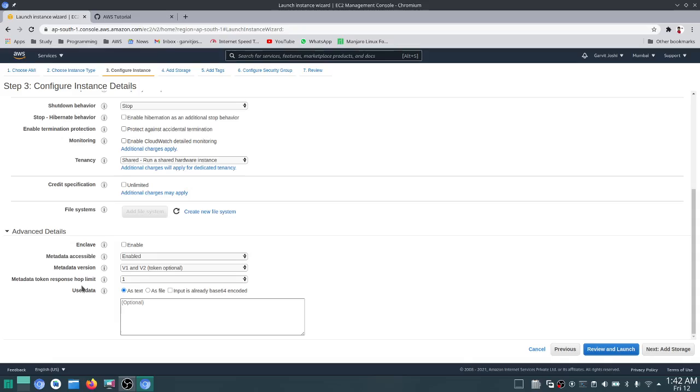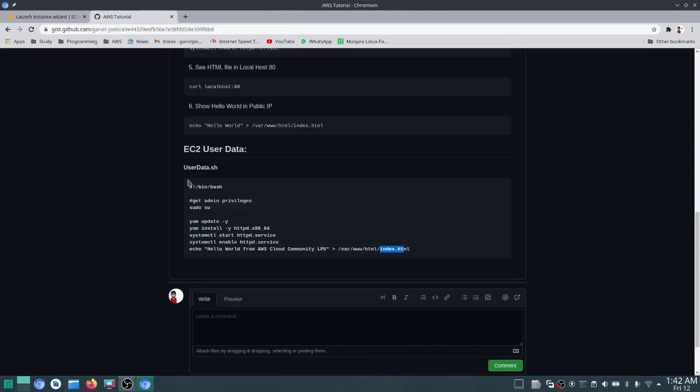With EC2 user data, when you launch an instance in Amazon EC2, you have an option of passing user data to the instance so that it can be used for performing common automated tasks such as running scripts, installing software, updating software, or configuring software. So for the sake of convenience, I have created a bash script that can be used.